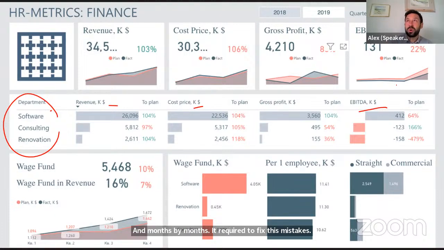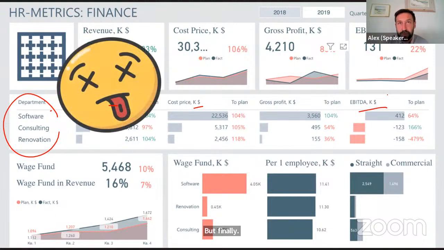While we were supporting this project, month by month we explained to HR people that they shouldn't correct this data or keep some fields empty, and we provided training for them, but finally they said yes, of course, the next month we will make it.